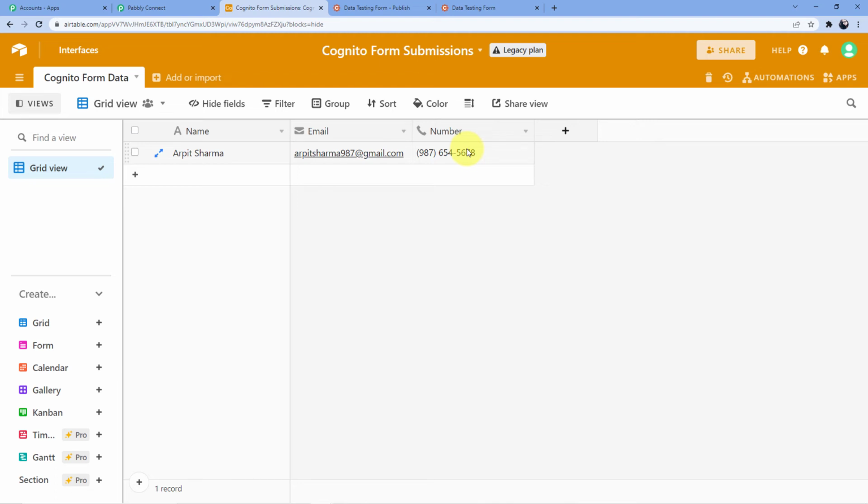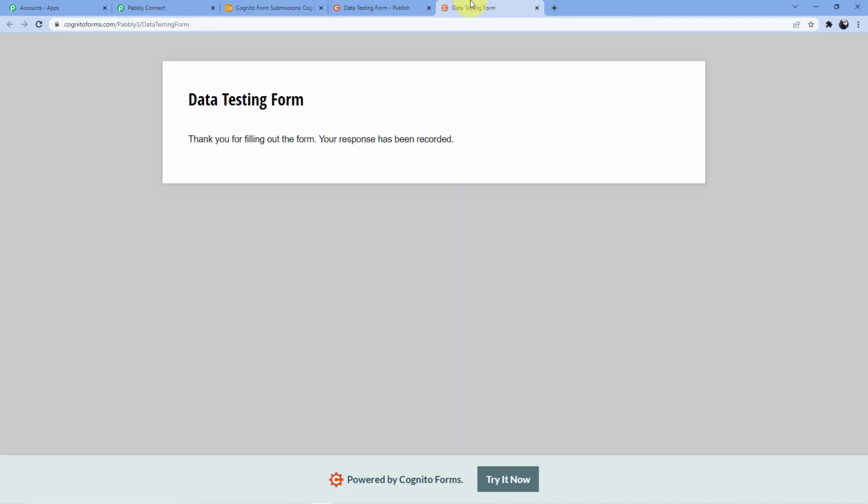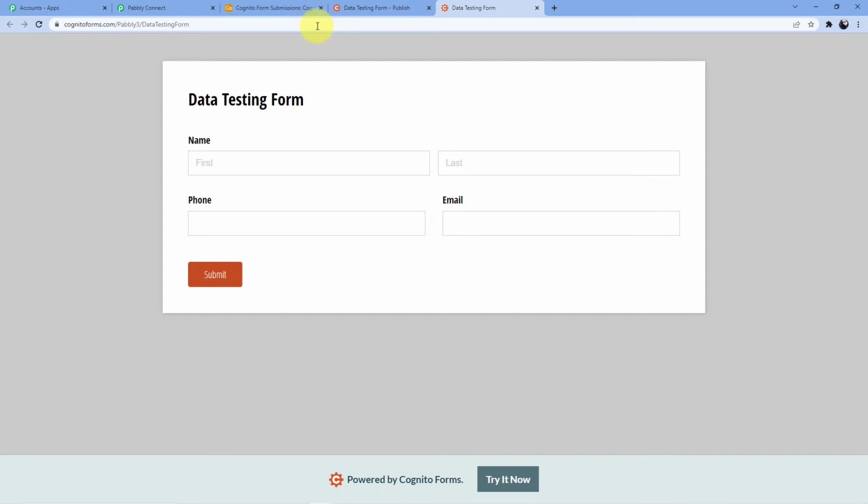Our automation is successful. Now we are going to test this form again with another name, and let's see if the entry goes automatically to our Airtable or not. So let us just take Swati for the name. Last name is Sharma. Now another dummy number I am using, 987678905, 1 2 3 4 5 6 7 8 9 10. Okay. And email, Swati Sharma 987